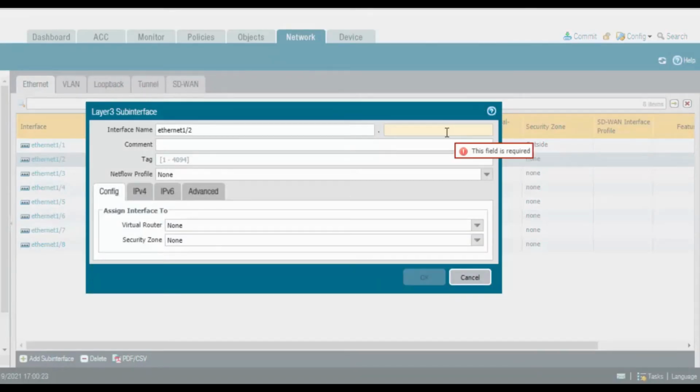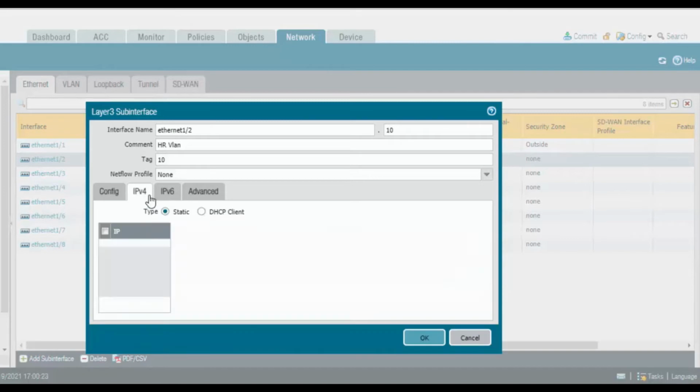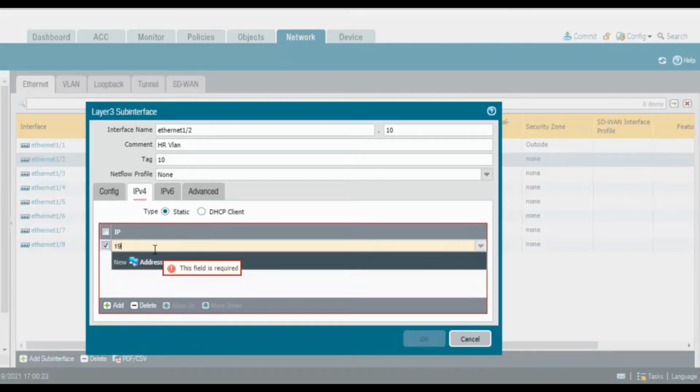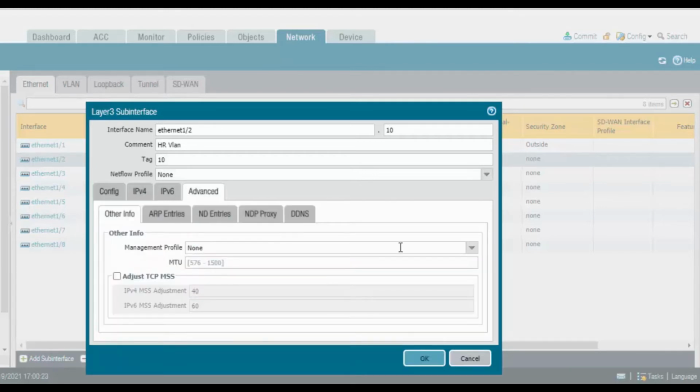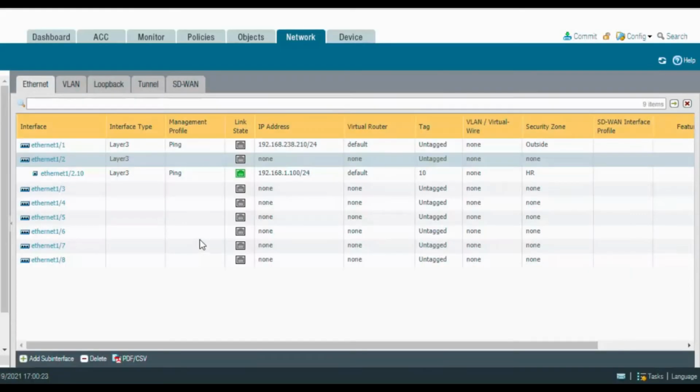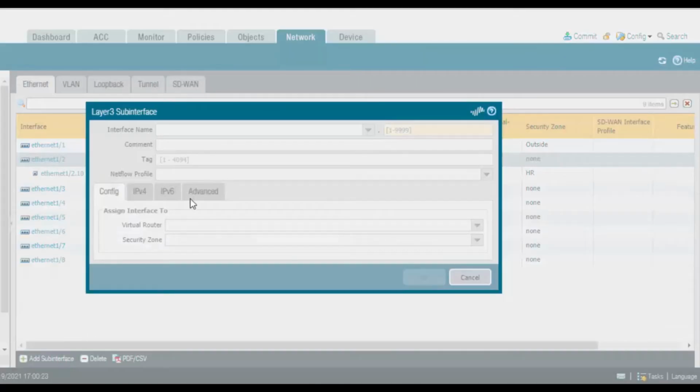So we will add the VLAN interface for VLAN 10, the HR VLAN. Tag should be 10, virtual router as default, security zone as HR. IPv4 is 192.168.1.100/24, and go to the advanced and assign the ping profile. Click on OK and create one more interface for VLAN 20,